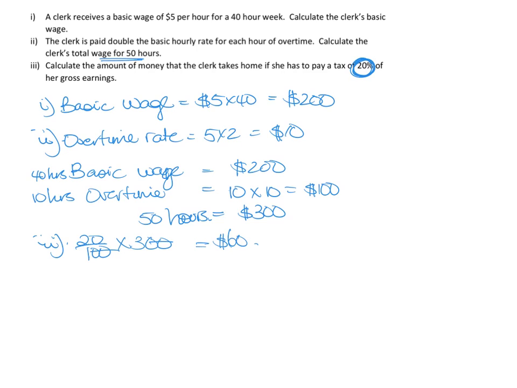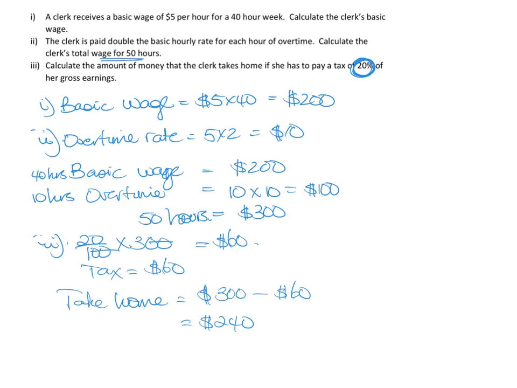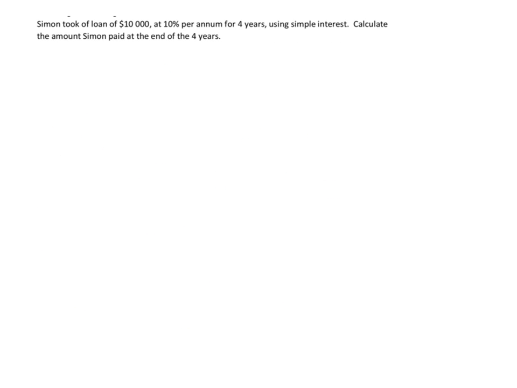So if the tax is $60, then the take home would be the $300 minus the $60 that she pays in tax. So that would be $240. Okay, so for part B, Simon took a loan of